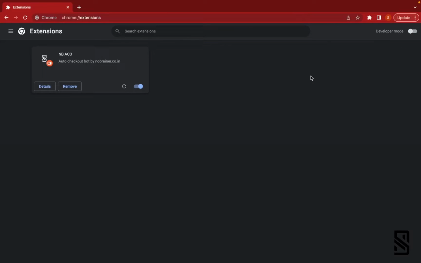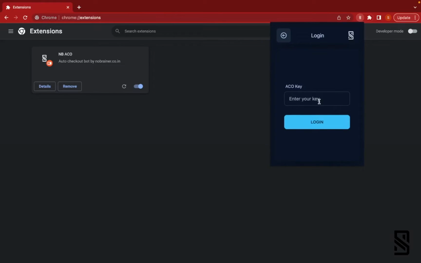Next, we'll be pinning the NB ACO to our Chrome browser for easy accessibility. To do that, click on the extensions icon on the top right hand corner and then pin the NB ACO. Once you have pinned it, open the NB ACO. Here you will be prompted to log in using the ACO key provided to you. Enter the ACO key and then log in. Once you have logged in, you will be able to see the new user interface and we'll be going through